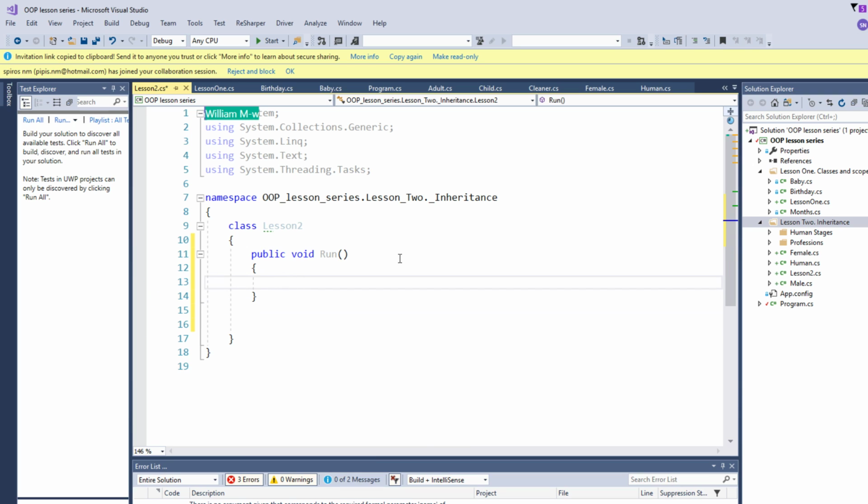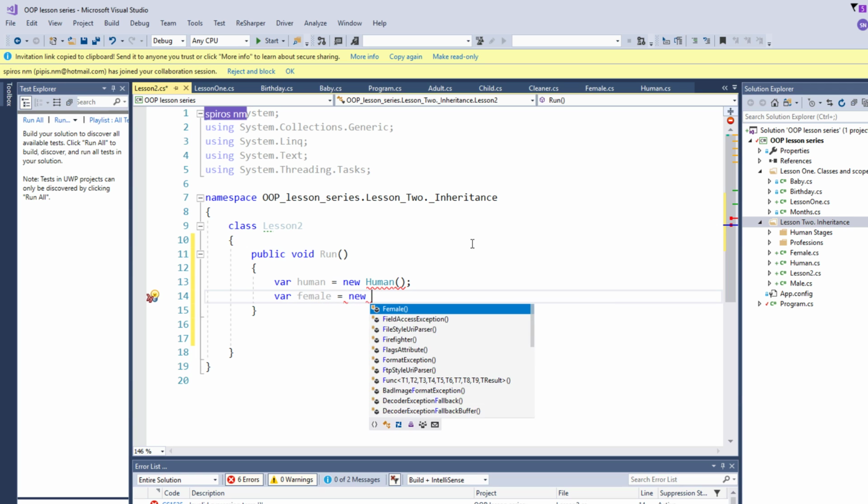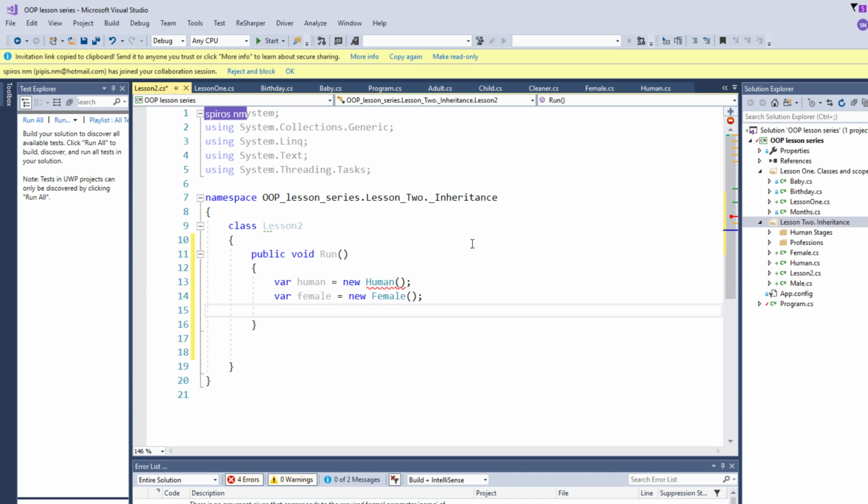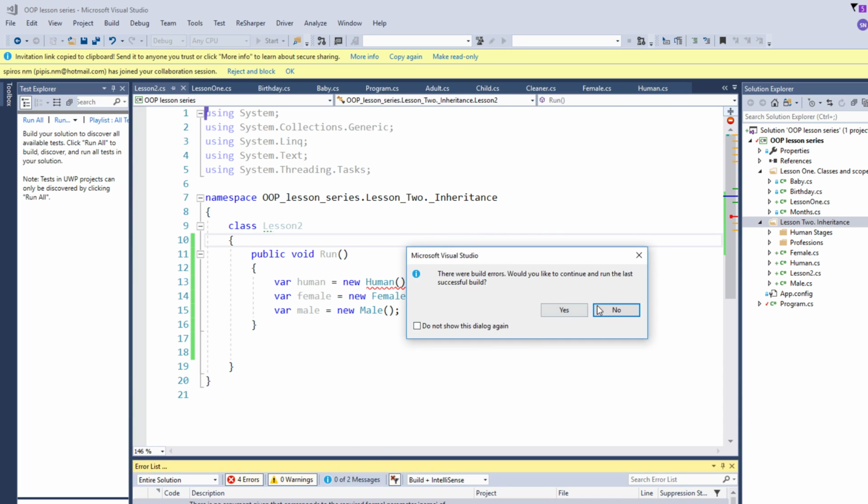So inside of it, we would like to create a human, a female, and a male. And if we hit Ctrl F5 now, we have errors, and those errors are because